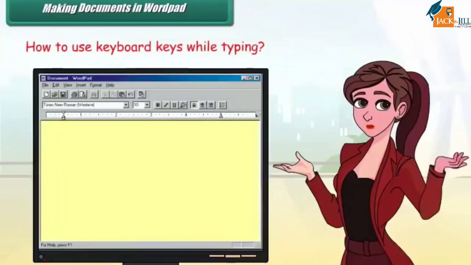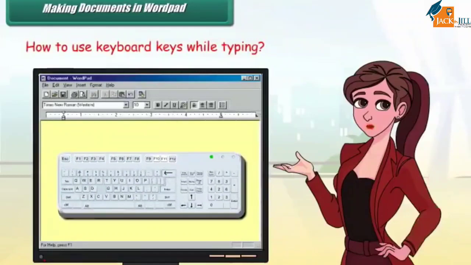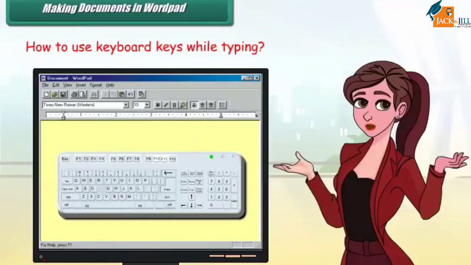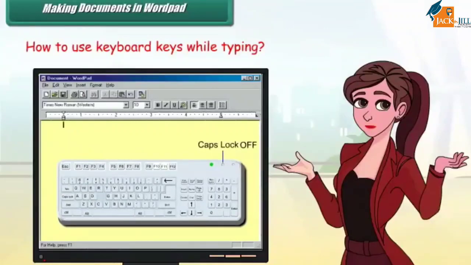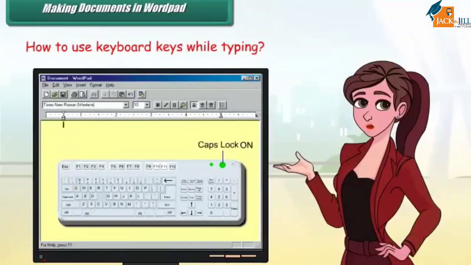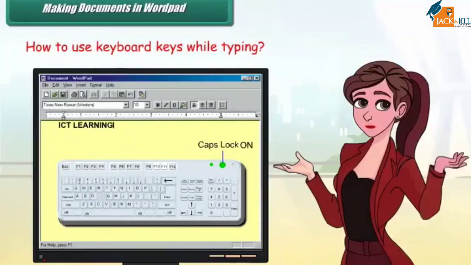How to use keyboard keys while typing. Friends, you have learnt about the function of each type of key in previous classes. But here are some tips about the use of keyboard keys while typing. If you need to type the whole text in capital letters, put the caps lock on before typing by pressing it once.